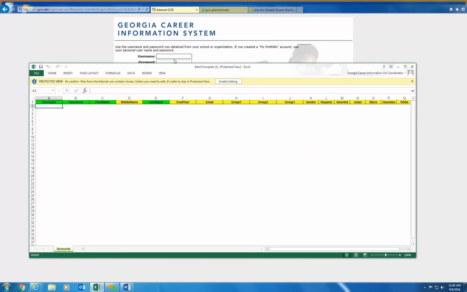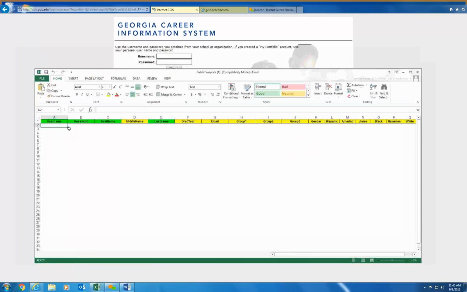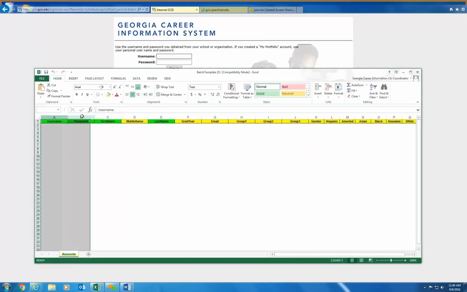On this spreadsheet, you'll see that there are a series of both green and yellow columns. The green columns are required, so username, password, first name, and last name are required. It is highly recommended that you include a graduation year, because when you start to run reports on your students, it will be based on their graduation year in terms of the milestone requirements.